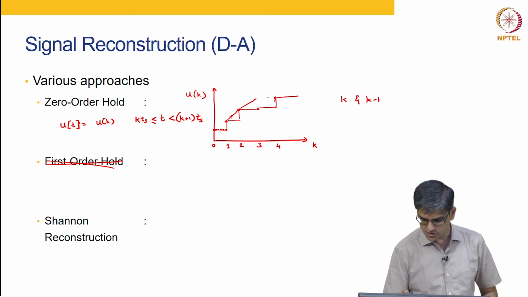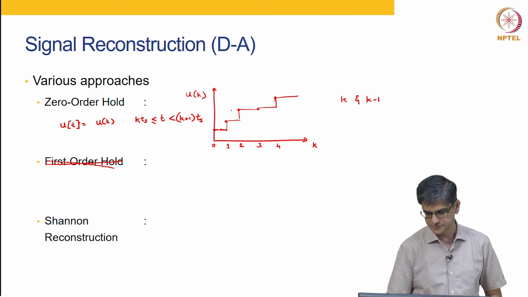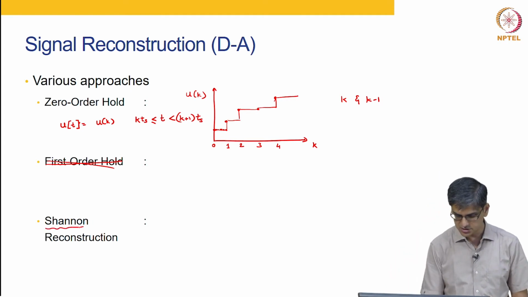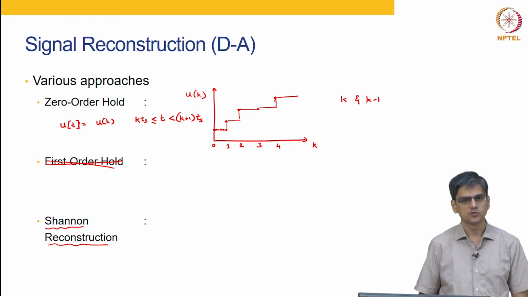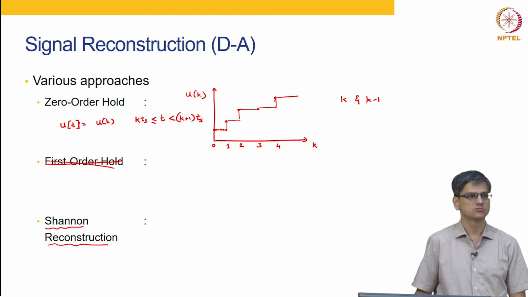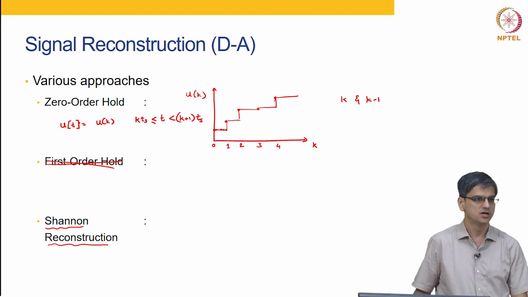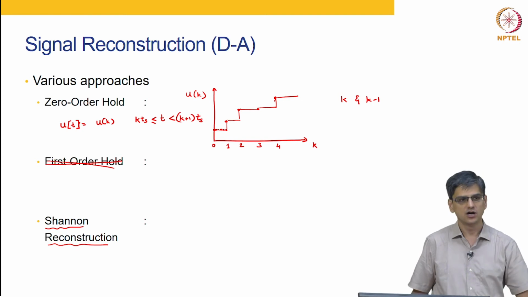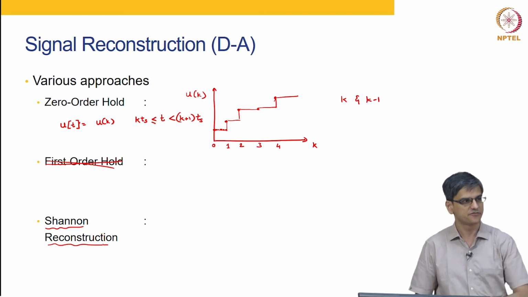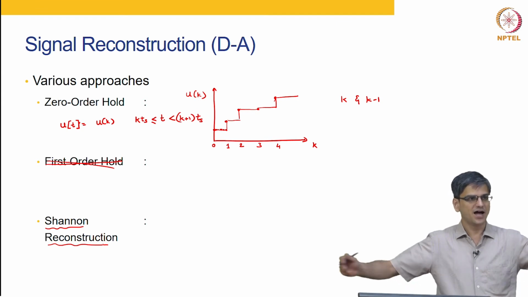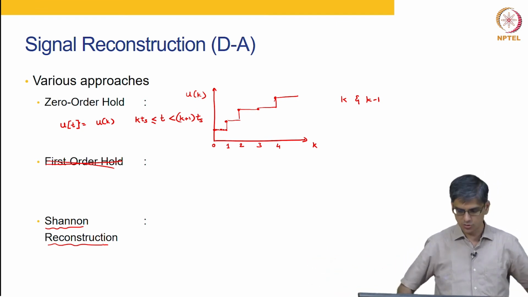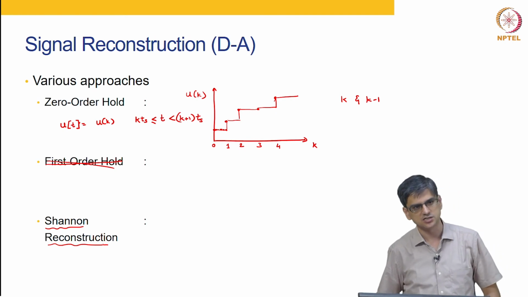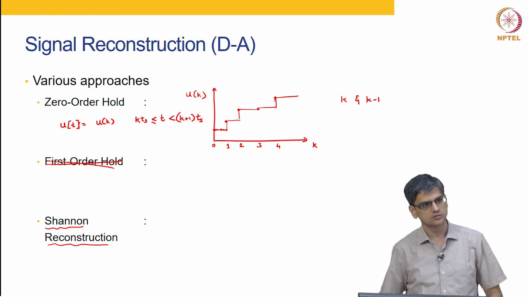And just for historical completeness, Shannon's reconstruction is another approach, and this is used a lot in digital systems. So, for example, in digital media the data is stored at discrete times. So, if you want to retrieve the data from a digital media from discrete to continuous, you actually have all the data in future and past also. So, you can use what is known as Shannon's reconstruction in order to do this.